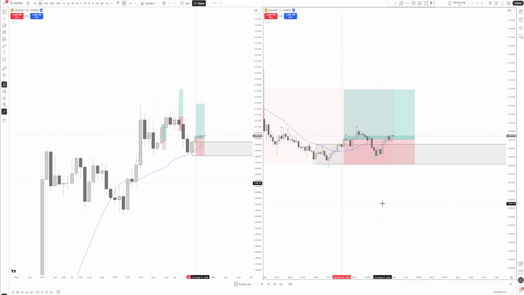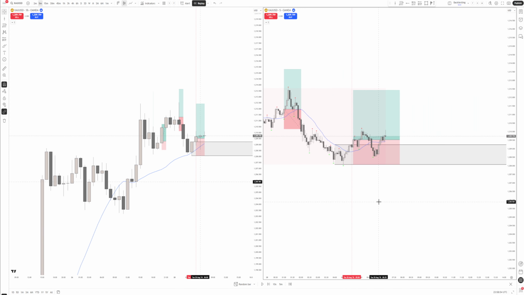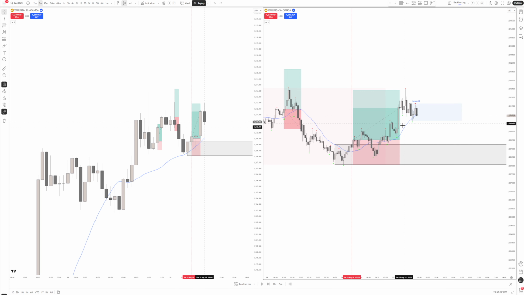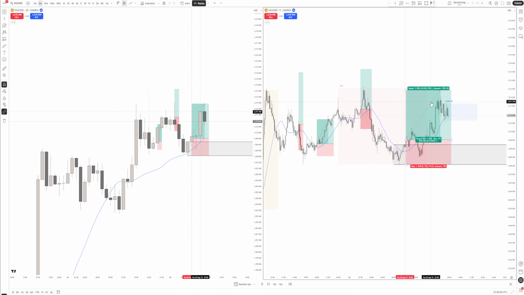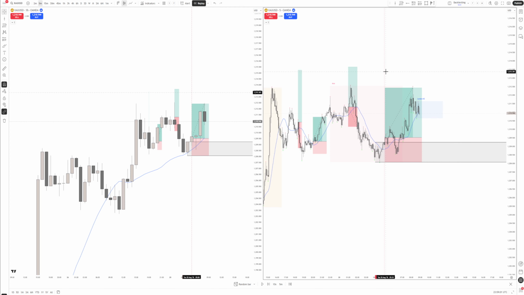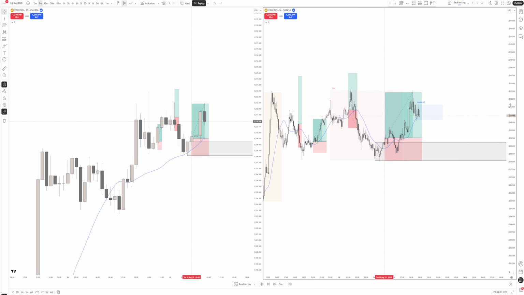Almost got stopped out. Still bullish here. And there you have it. We have got the win there. Okay, so we are up 2R at the moment. Okay, so far it's been